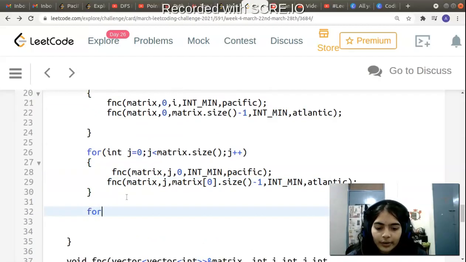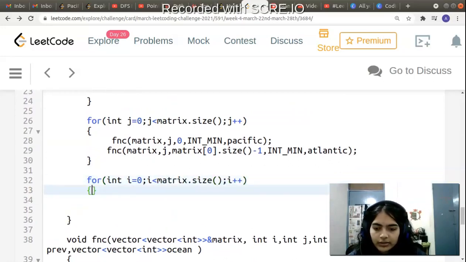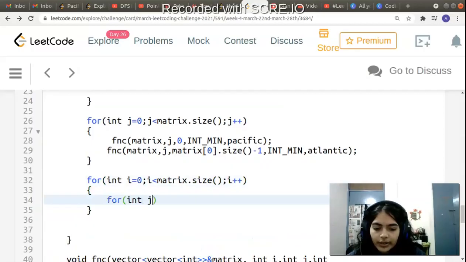Whenever they have value equal to 1, I will add all those common values. So for int i equal to 0, i less than matrix dot size, i plus plus, for int j equal to 0, j less than matrix of 0 dot size, j plus plus.